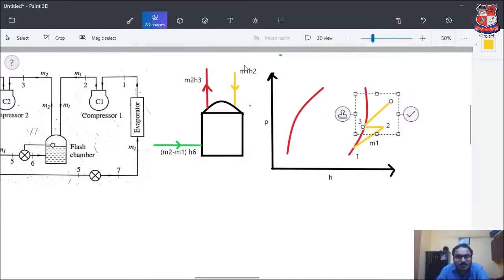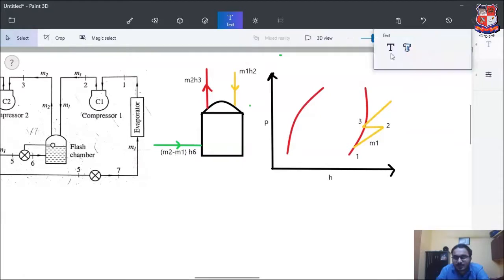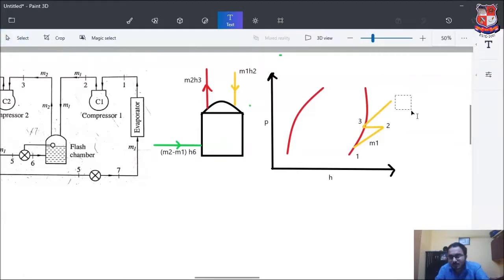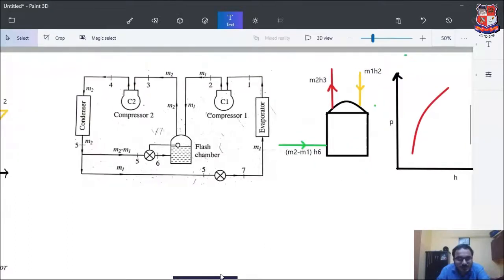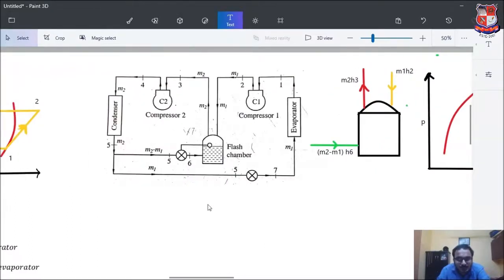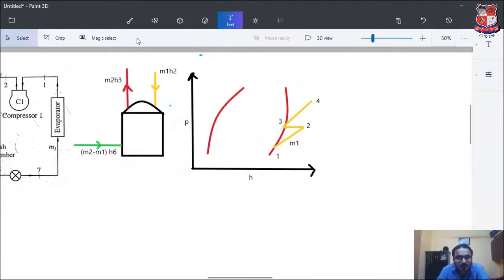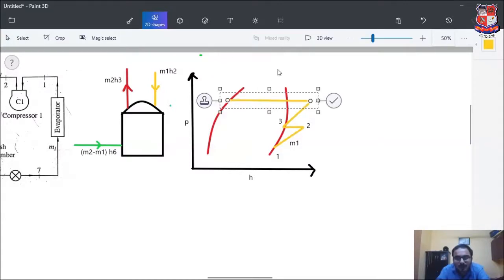So it will be like this, and this is the end of the secondary compression process, and we can draw this as point number 4. And now from point number 4, if you see this figure, then we are going into the condenser. So let's very quickly draw the condensation part. That will be from here to here, and this will be our